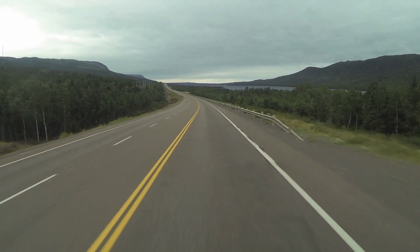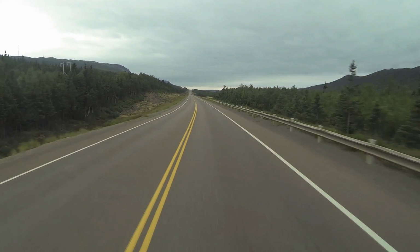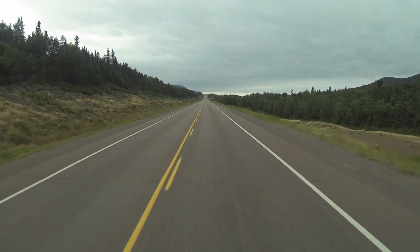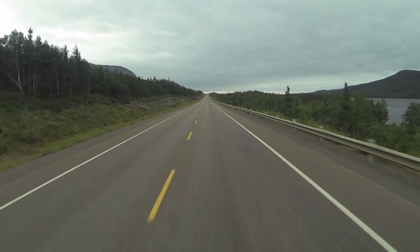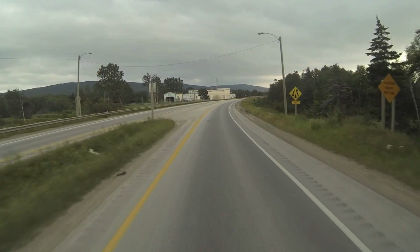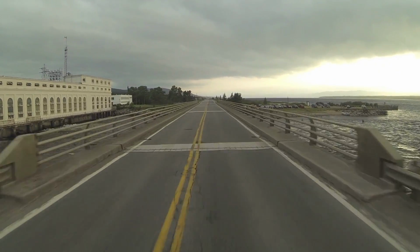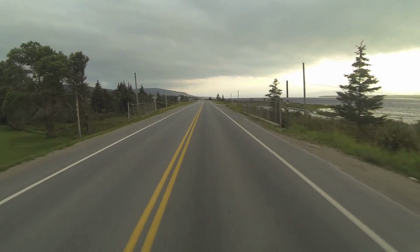Just some very pretty views of a nice lake here on our right, and some of the mountains in the distance. So this is Deer Lake, I believe. Actually, yes, we're just actually leaving the town of Deer Lake. We've had supper. It's a power generating station here, and on our right is actually Deer Lake, and it's a very long lake. We follow it most of the way down to Corner Brook,